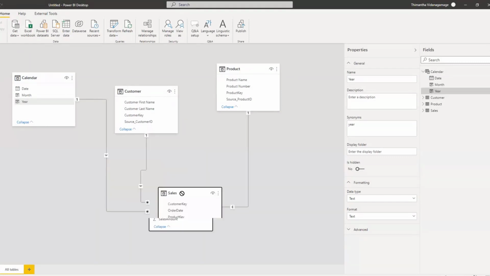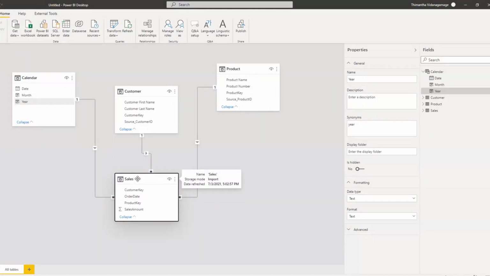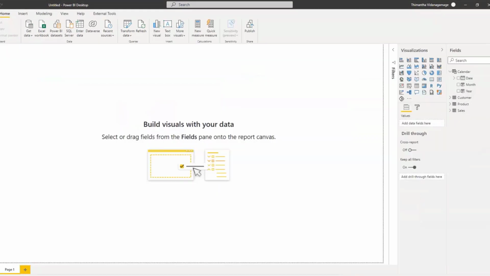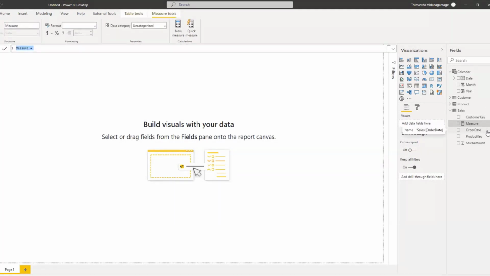And you can see that the relationship is created, and it is similar to what I just showed you in the very simple ERD previously. And a few more touch-ups we do. First thing is that we need a measure to do analytics, right? So how you do that is basically you need a measure in the sales table, the fact table, to do analytics, because we use measures in this case because measures are highly optimized, right?